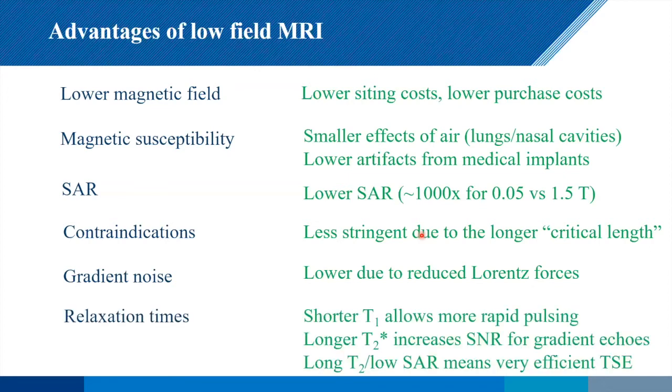And then, as NMR physicists here, we know that dipole-dipole coupled systems are going to have a shorter T1, and we're going to have a longer T2*, and a reasonably long T2, which means that our readout sequences can be much more efficient. We can do enormously long echo trains for TSE, we can do large spirals, things like that. So there's ways from a pure MR point of view to grab back some of that signal to noise. And of course, we're aiming at lower resolution, which in itself is going to give us some signal to noise per pixel back as well.